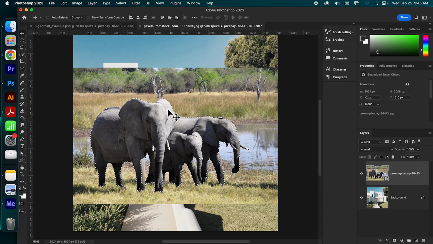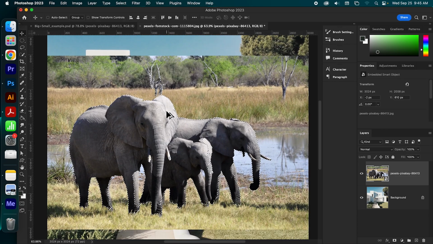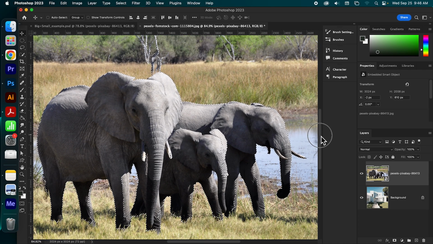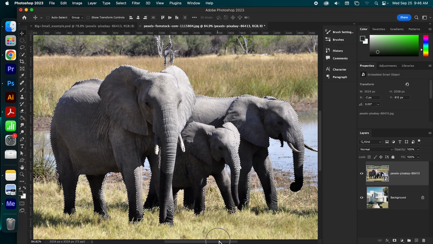So if we look here, I'm going to zoom in, you can see that it has selected this elephant, some of this elephant, and also this tree here. So this is my current active selection.